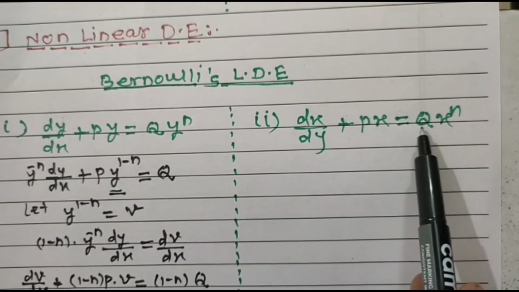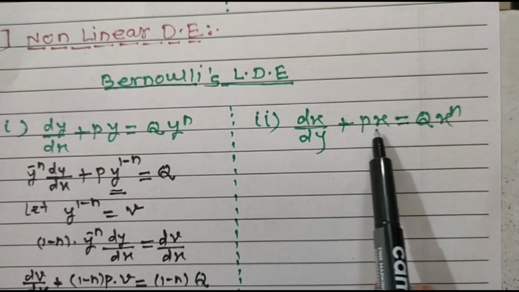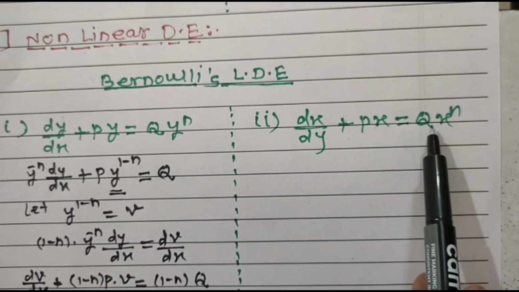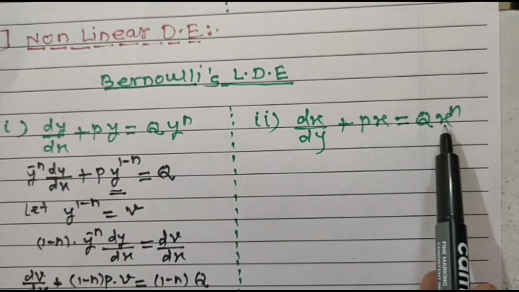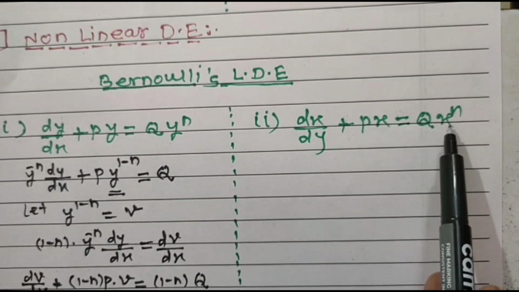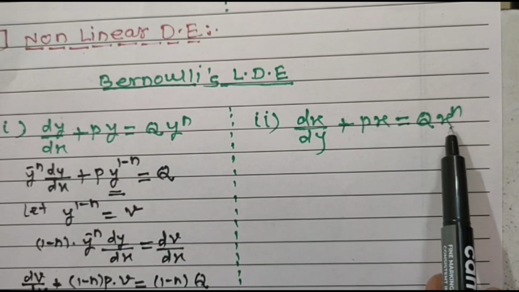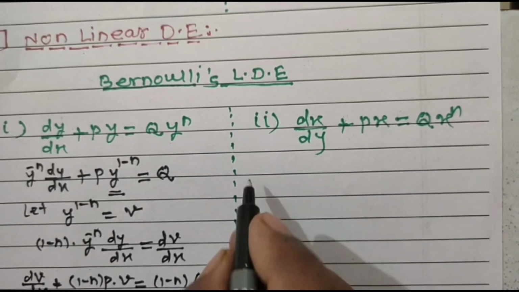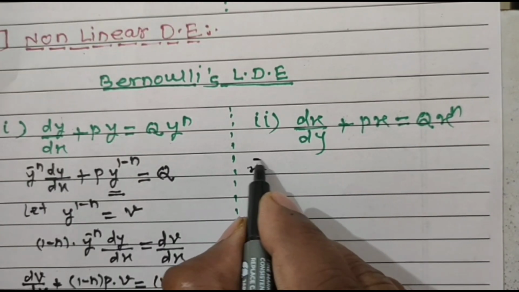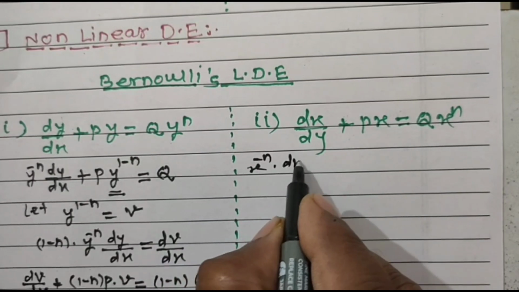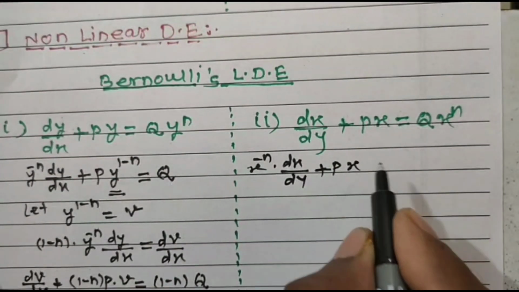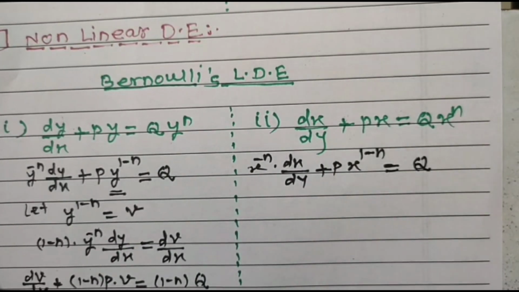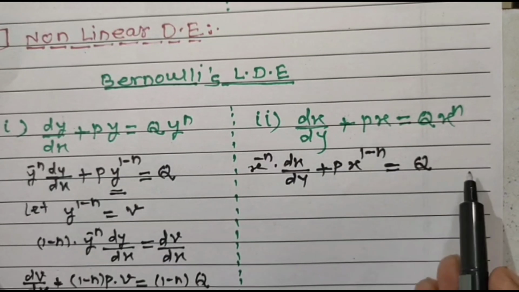ओके इसका मतलब है कि इस केस में p एंड q मस्ट बी फंक्शंस ऑफ y ओनली और कांस्टेंट्स. तो राइट हैंड साइड प्योरली फंक्शन ऑफ y नहीं है क्योंकि q इंटू एक्स टू द पावर n. ओके, सो एक्स टू द पावर n राइट हैंड साइड में नहीं चाहिए तो क्या करना पड़ेगा? डिवाइड बोथ साइड्स बाय एक्स टू द पावर n. लेफ्ट हैंड साइड बनेगा एक्स टू द पावर माइनस n dx बाय dy प्लस p इंटू एक्स टू द पावर 1 माइनस n is equal to q. Okay, now the right hand side becomes purely a function of y.